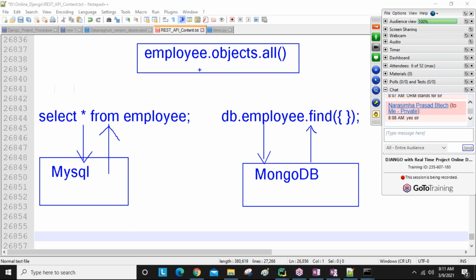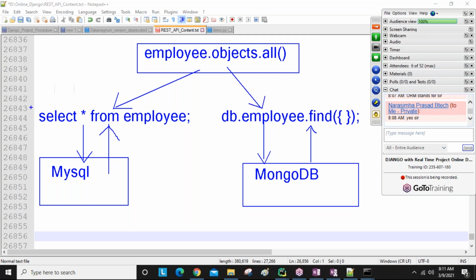If you are using the MySQL database, guys, then this Django ORM query is converted into the MySQL format in your project, and then we communicate with MySQL and get the data back. If you are using MongoDB in your program, we write the same query. We are not writing a new query, but this query is converted into the MongoDB format, and then it is communicated to MongoDB.